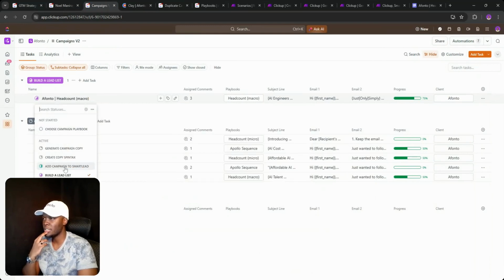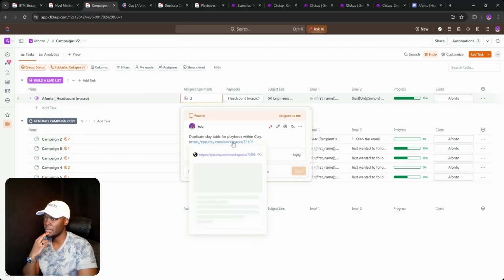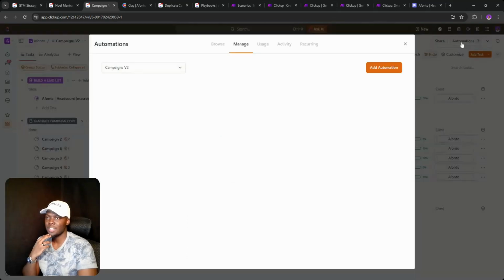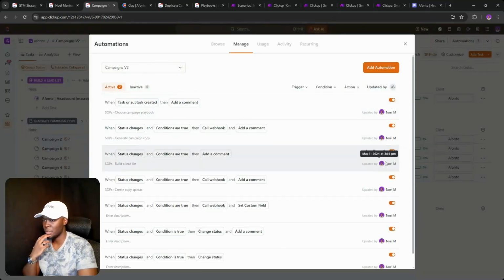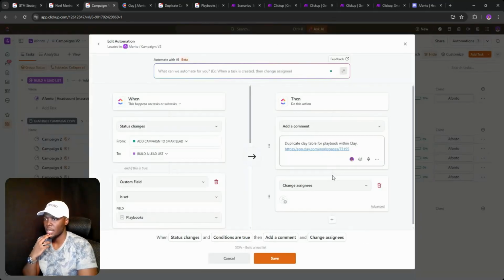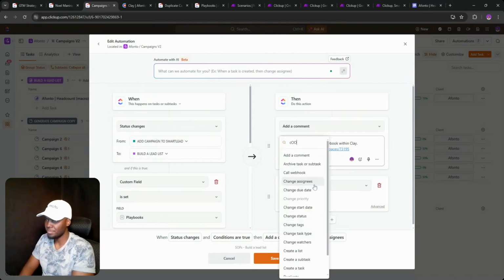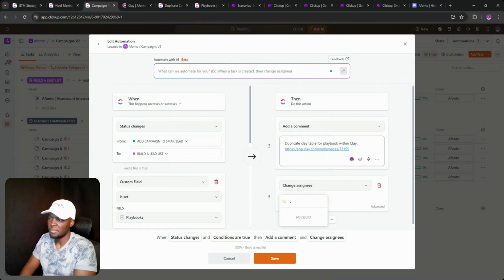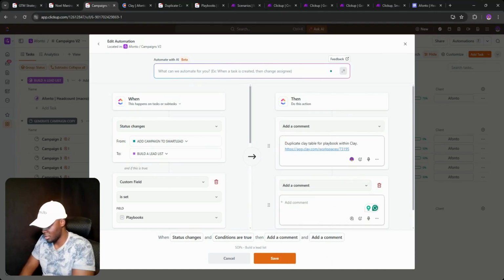So we build a list, right? So we build the list. The task is duplicate table for playbook within Clay. We should also have another task actually on that note. So build a lead list, and then we need to add another comment, right? Which is export